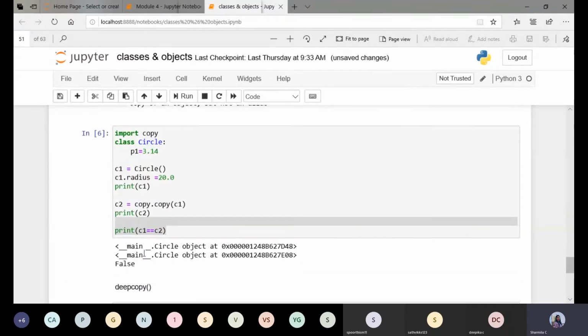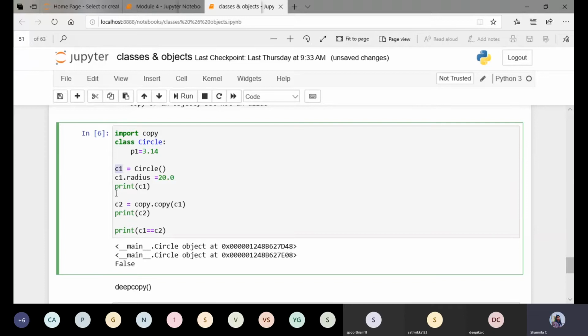Whereas here it is not the case. Here we are creating two objects, C1 and C2, where C2 is similar to C1. This C2 has all the instance attributes and the methods that we define, and they can be used again by the object C2. This is what we are going to check. You can also use the is operator and check, and you will get the same answer, that is false.